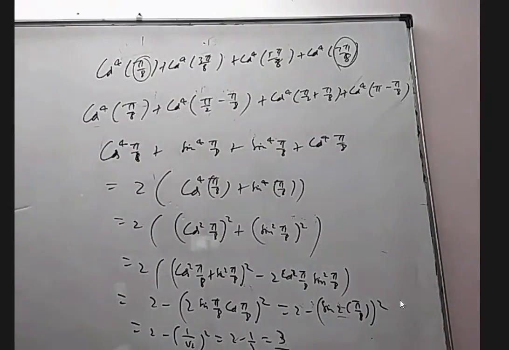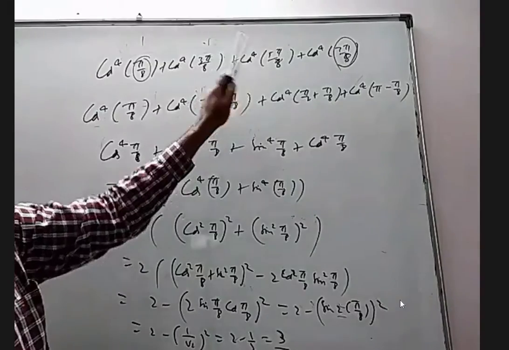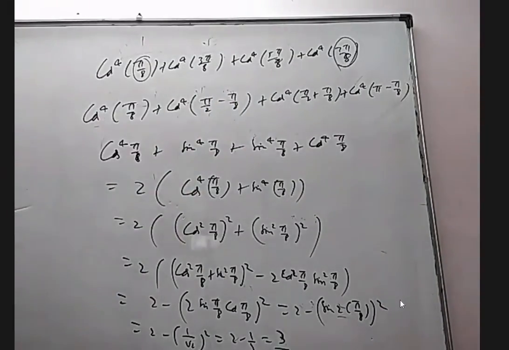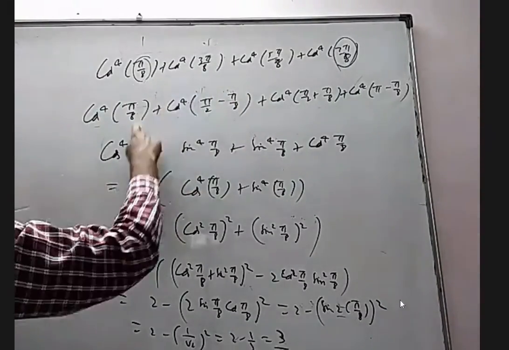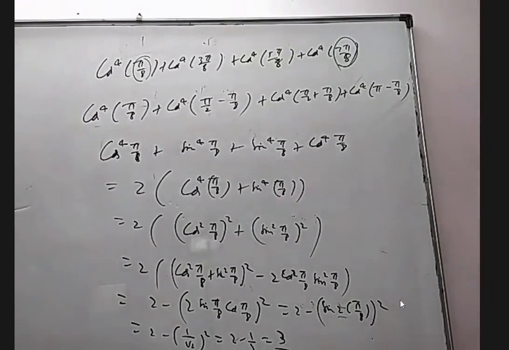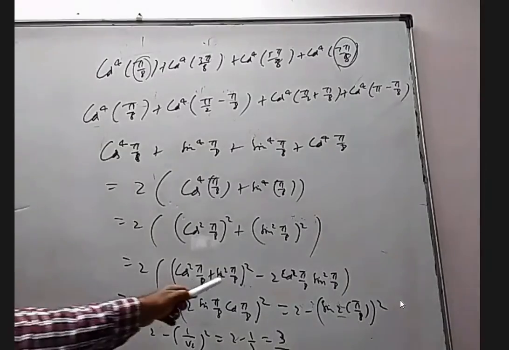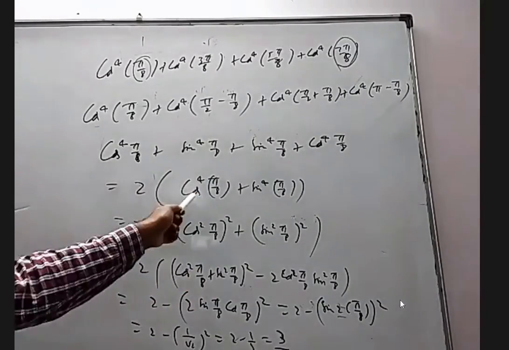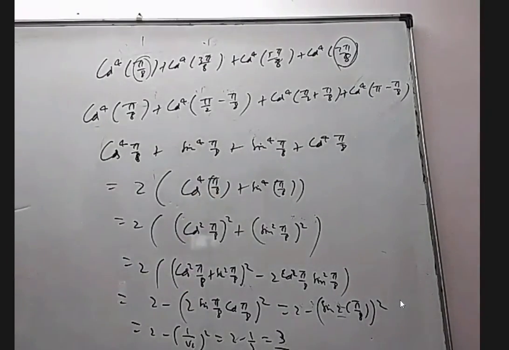Recognizing that these two are equal and these two are equal, that is, the sum is 180 first, then the sum of these two is 90. That's what I used. And then writing a square plus b square as a plus b whole square minus 2ab. We've done this kind of question many times earlier. When power 4 is there or power 6 is there, we've done this kind of thing earlier. And now adding up to the sine 2 theta formula.